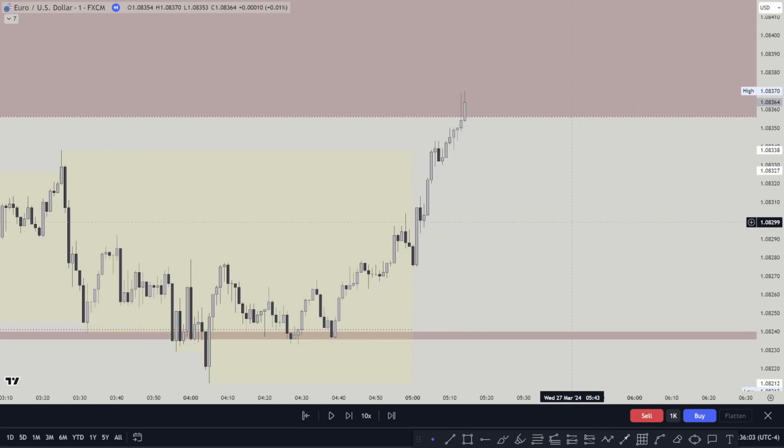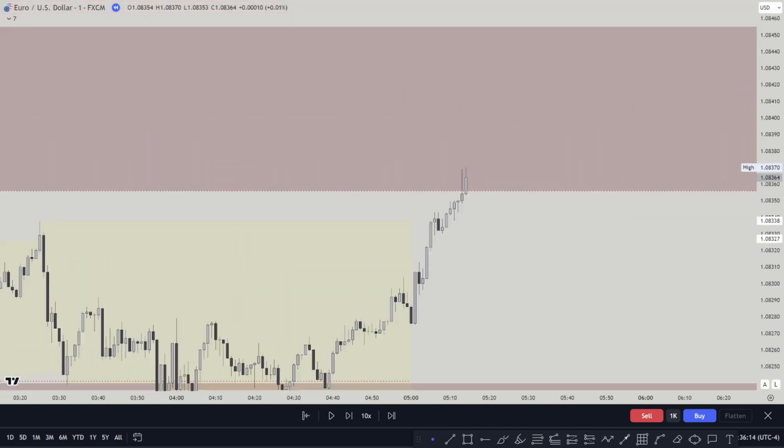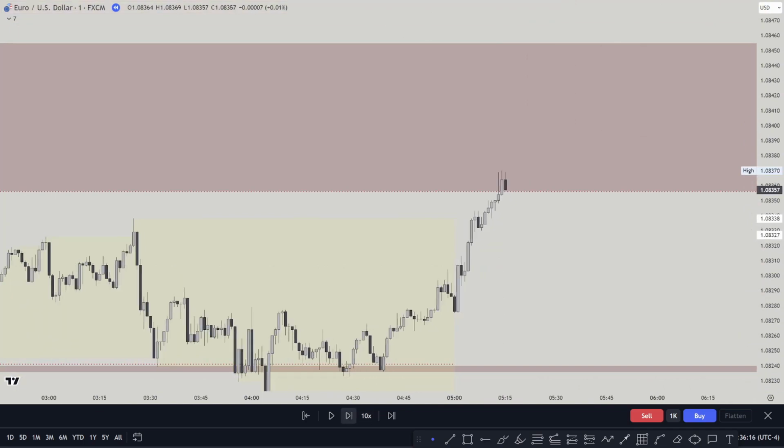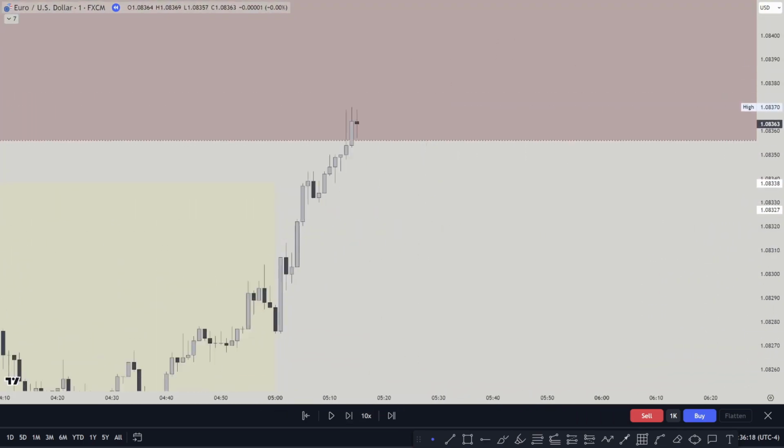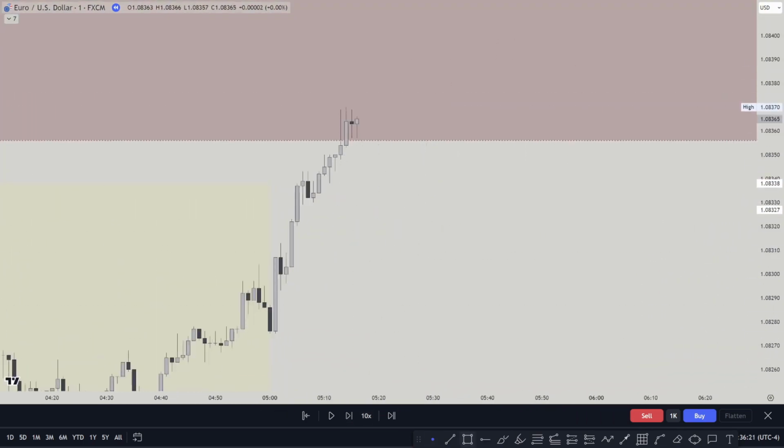So I'm gonna discuss the first one. So you see, price going up. There was really nothing here that I can see. There was no change in state delivery, nothing. You see, price started coming lower. Where's my last bullish candle? Now, I'm trusting the change in state delivery in this case. Why? And that's another thing that I'm gonna be discussing on the Turtle Soup full course. So make sure to stay tuned for that one.